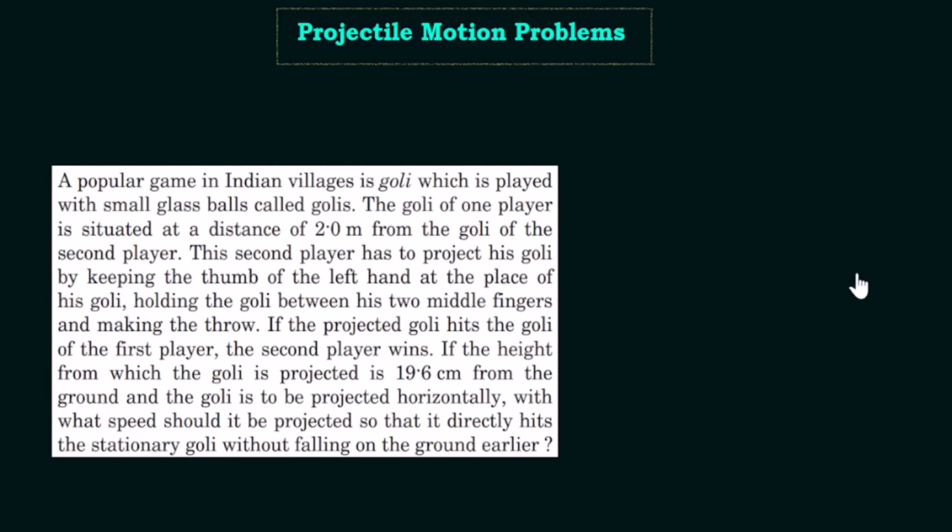Consider one marble here, some kind of spherical object made of glass. The second player has to project his goalie by keeping the thumb of the left hand at the place of his goalie, holding the goalie between his two middle fingers and making the throw. If the projected goalie hits the goalie of the first player, the second player wins. If the height from which the goalie is being projected is 19.6 centimeter,